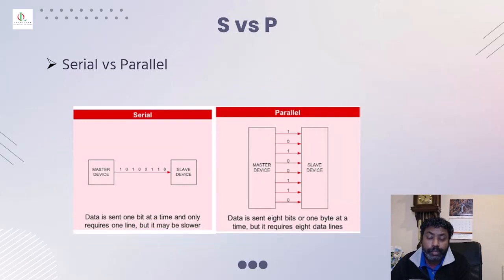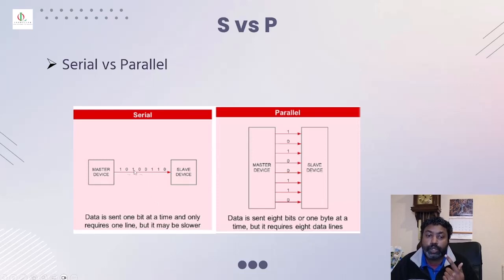Also, when we talk about communication protocols, there are two types, as you may remember: serial and parallel. SPI is a serial communication protocol. Parallel is much faster because at one time you can send 1 byte, that means 8 bits, in one instance, but it requires 8 different data lines, whereas SPI is serial communication, so you can send 1 bit at a time,